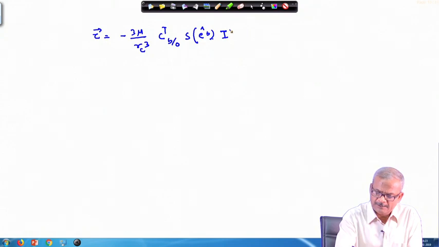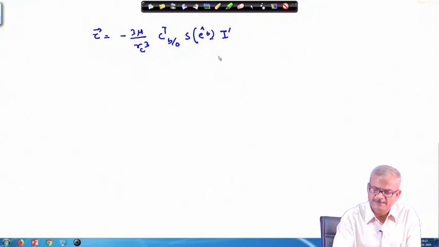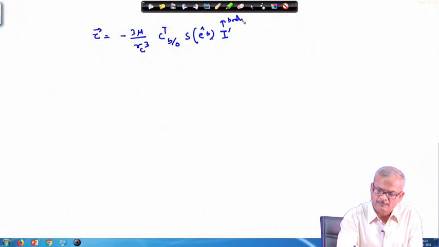So, maybe I will put a prime here to indicate this is in the body frame. Okay. And thereafter, we have E